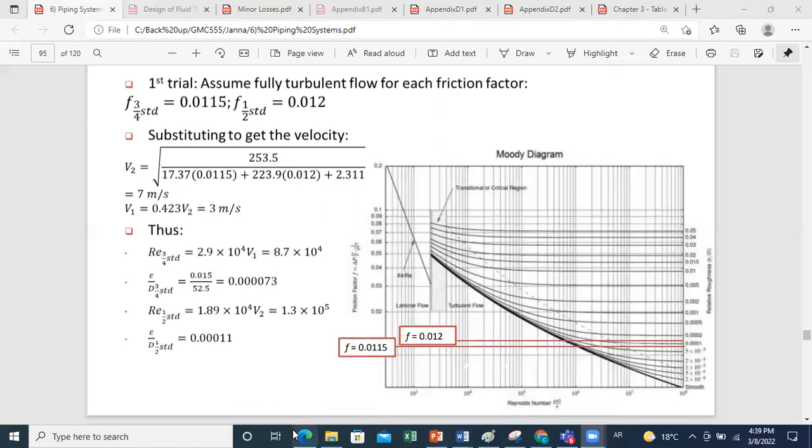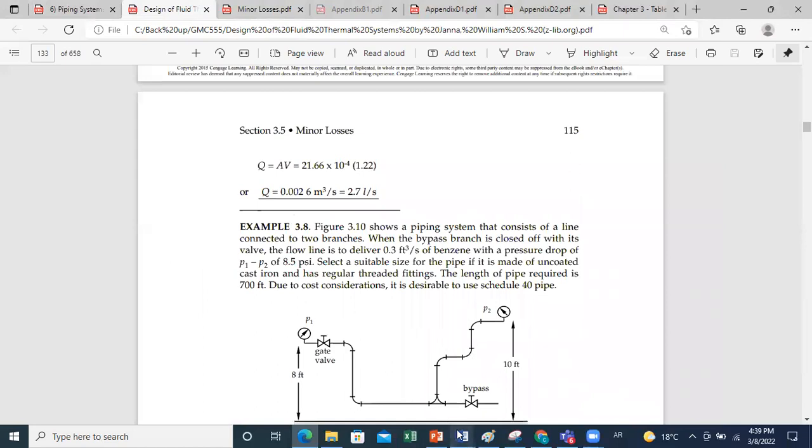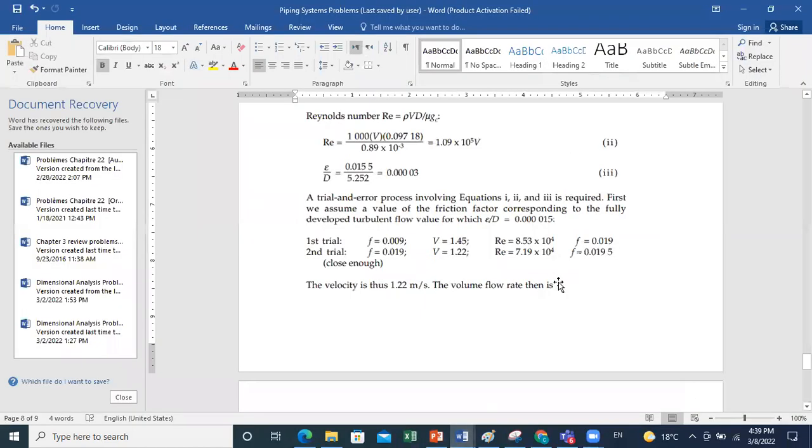Okay, so here you say I can stop now because if I update V and you update Reynolds, they will come out nearly the same value. You can check this. You don't even need to compute them, because 0.0195 is very close to 0.019, so there is no need to get a new V or new Reynolds, since the difference between them is already very small, so it's expected that